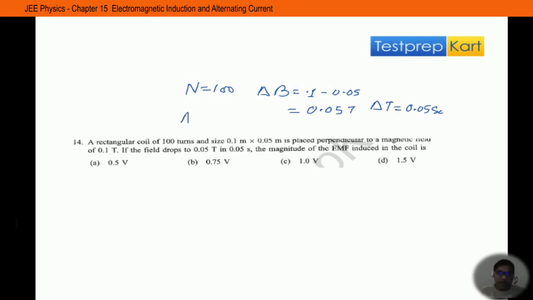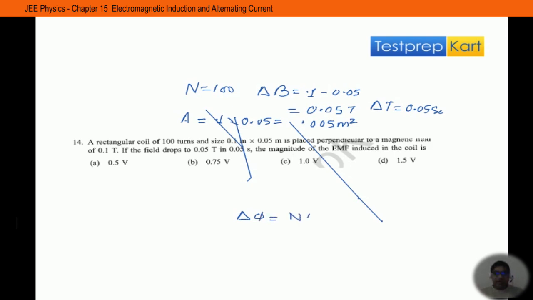Area is also given. Area is 0.1 into 0.05. So this is 0.1 second. There is some technical glitch, so let me write it again. This is 0.005 meter square. Okay. So we have change in magnetic field, so we can calculate change in total flux delta phi, that is